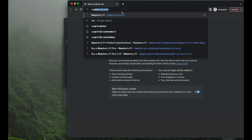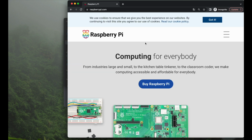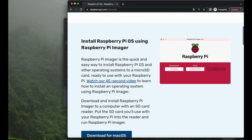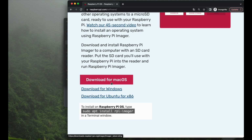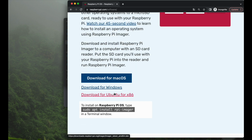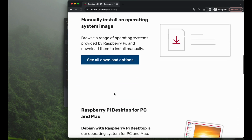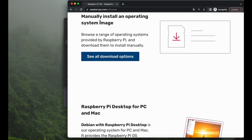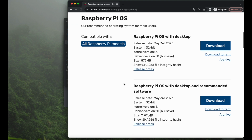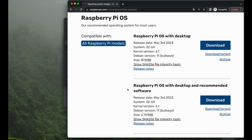So we go to the Raspberry Pi website and we will just hit the burger menu, go to software, and there we will find the download of the actual Raspberry Pi OS imager, they call it. That would be the same as the Balena Etcher, which we apparently don't want to download. So we will scroll down further, and here we have the section manually install operating system image. So we will just hit this button, and there we find all the different versions of the operating system that